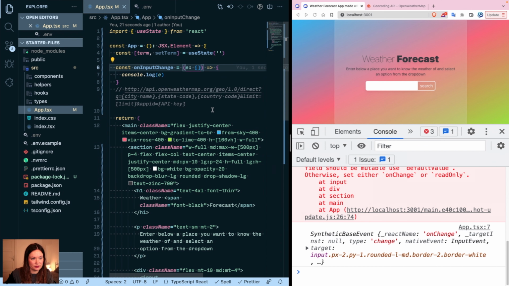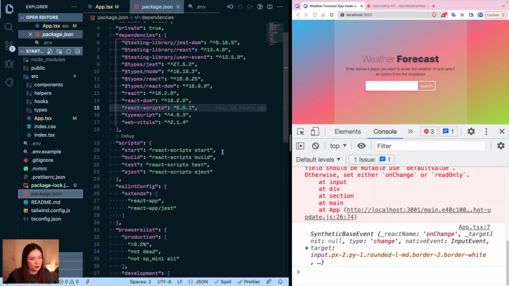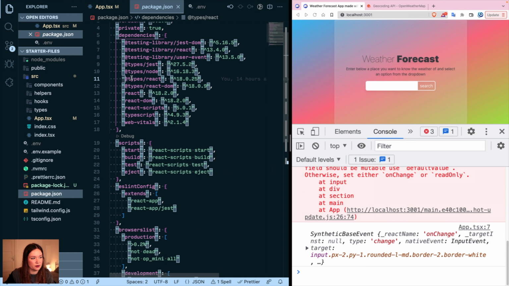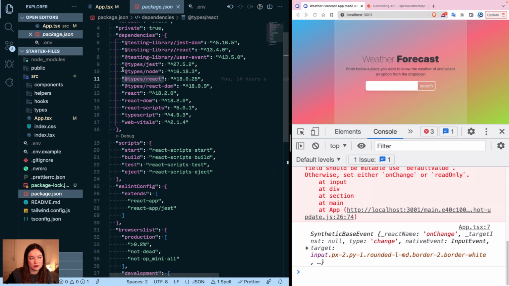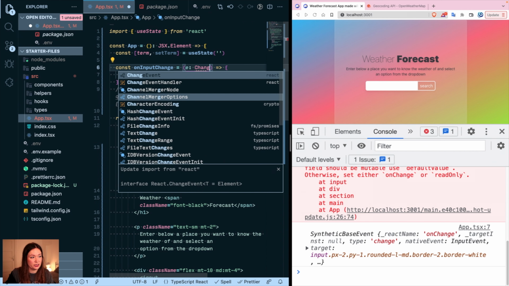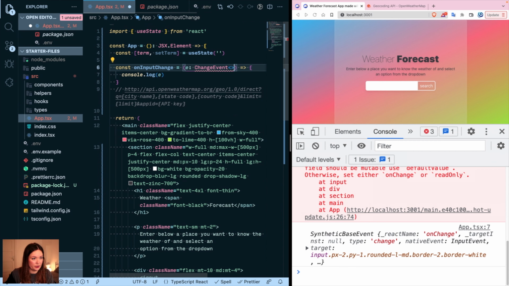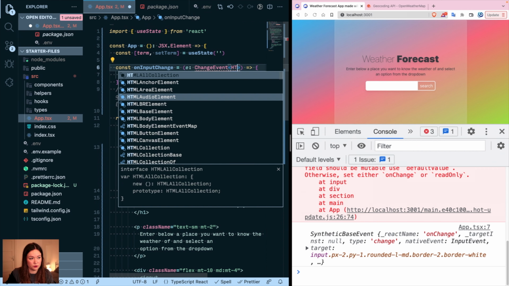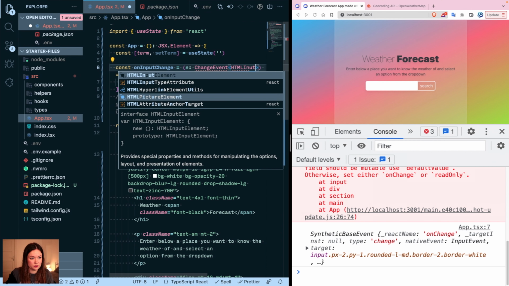However, React is giving us types, and if we check in the package JSON, we have a package called types React or types node or types whatever, and this is where our types for things that we use in TypeScript for React specific things are going to come from. So in our case, it's going to be a change event, and we're going to define that this change event happens on HTML input